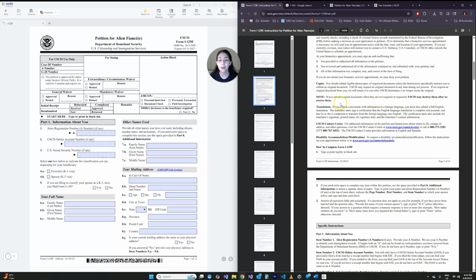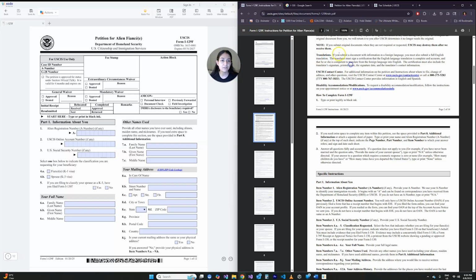requested, they will destroy them after they receive them, which is fine. You can always get more copies of them, okay? You can always get more originals, okay? Please. Translations. If you submit a document with information in a foreign language, you must also submit a full English translation, obviously,